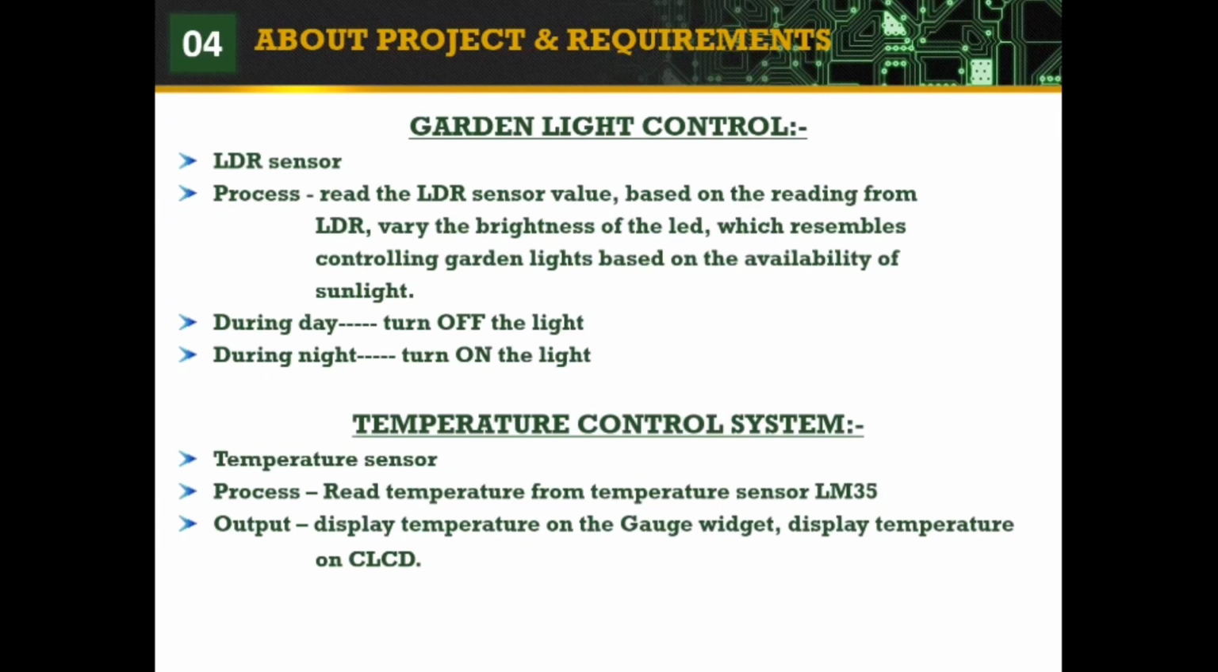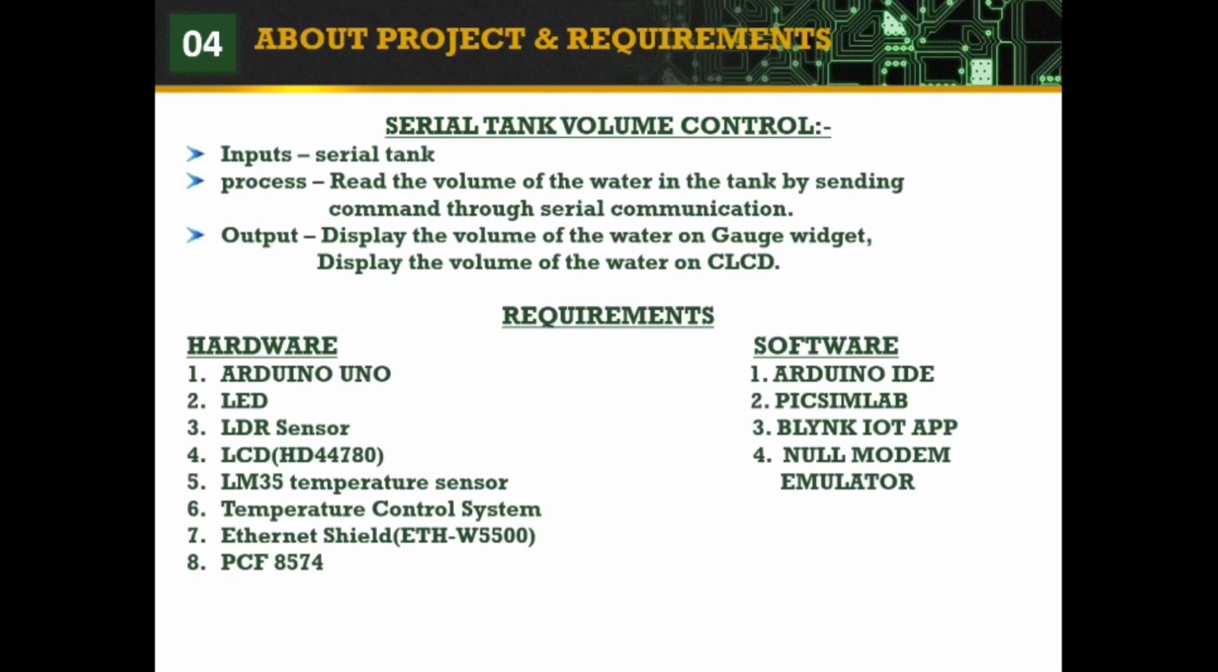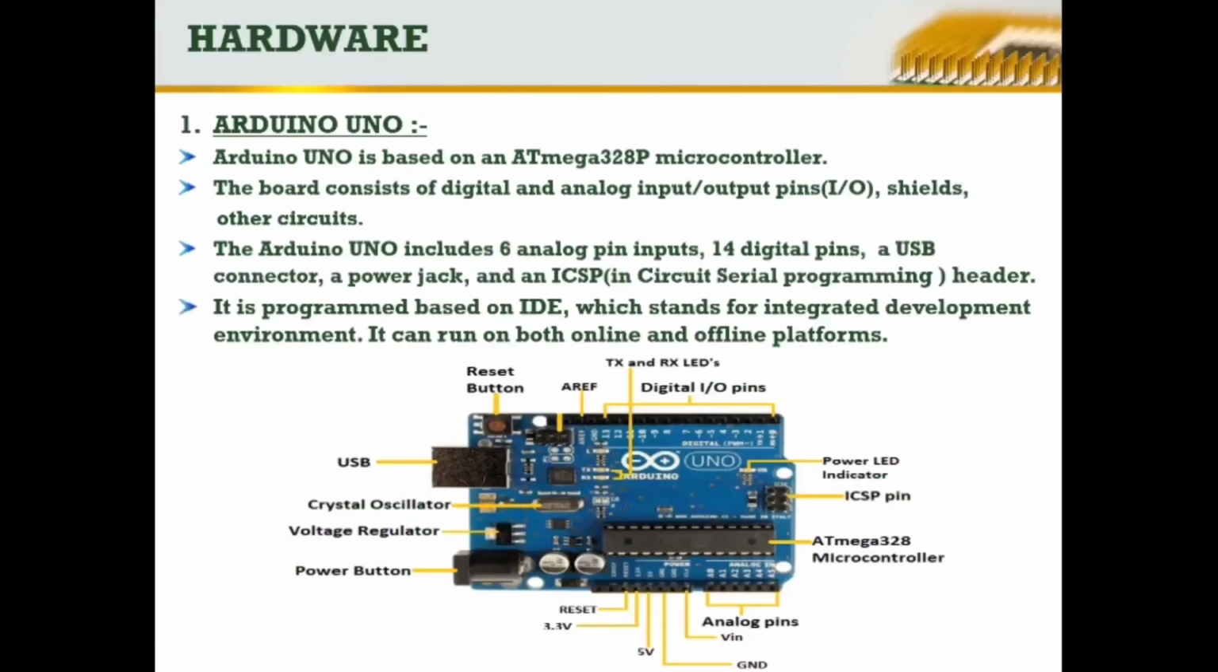Then about the project, we have three projects. The first one is to control the garden lights, then the temperature control system, then the third one is serial tank volume control. So moving to the first one,